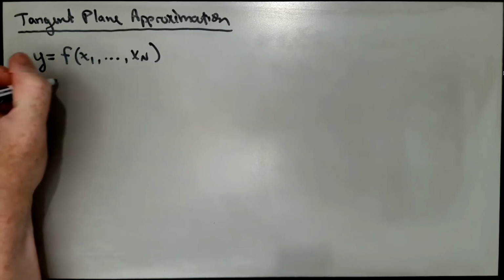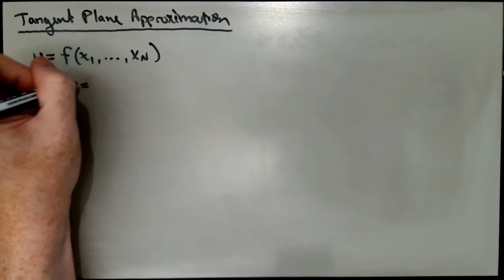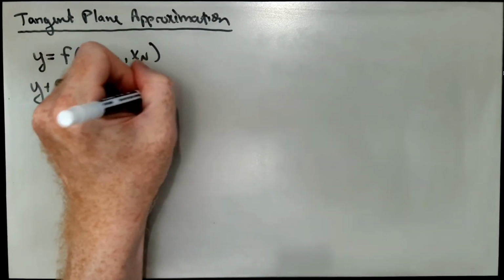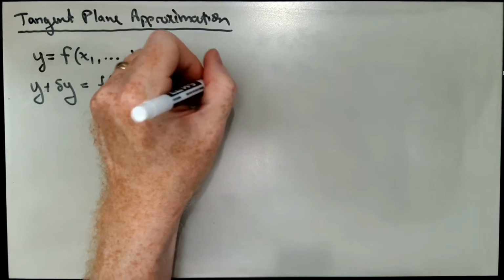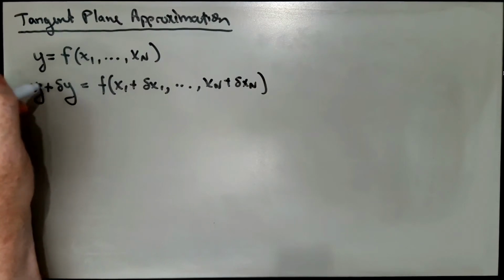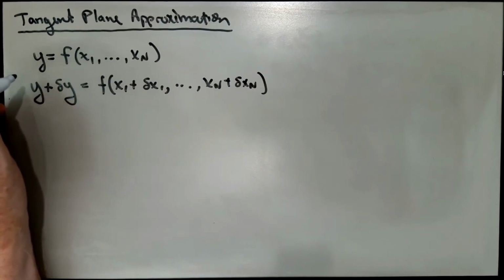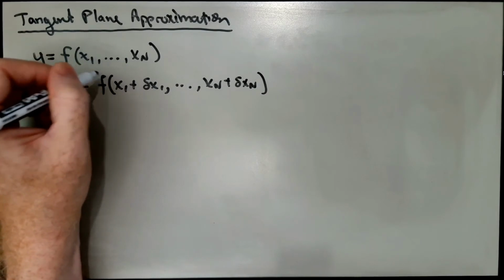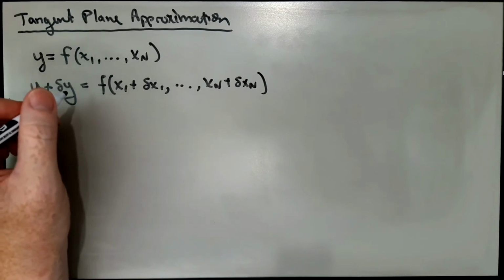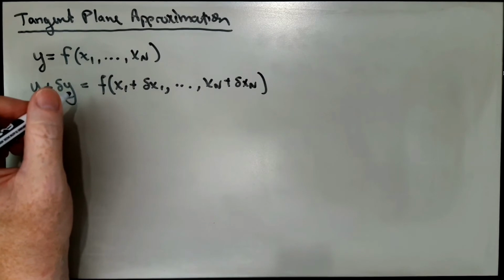So we're going to have some y plus some little delta y is going to be equal to f of x1 plus delta x1 up to x sub n plus delta xn. Okay? So you may have seen this, you may not have seen this in calculus. That's fine. This is not a math class, but we will be using some math. But you certainly probably have seen this in one dimension. So if you've only seen this in one dimension, this is going to be an n-dimensional generalization of Taylor's theorem, okay, where you can take a nonlinear function and